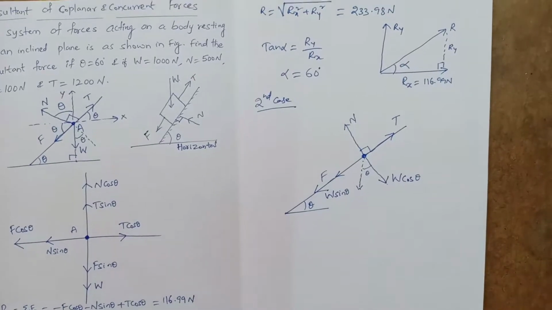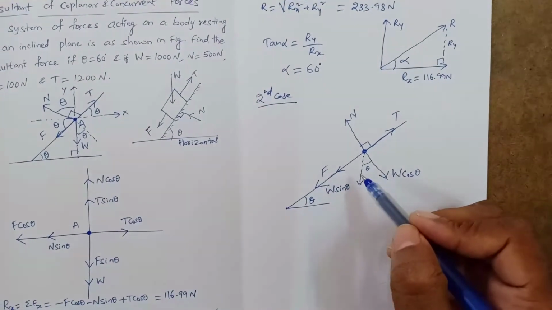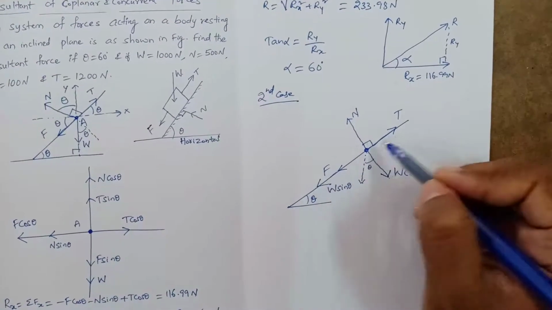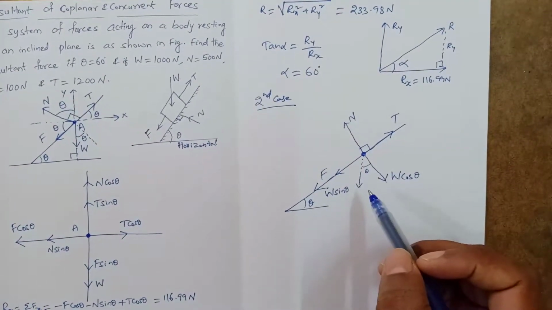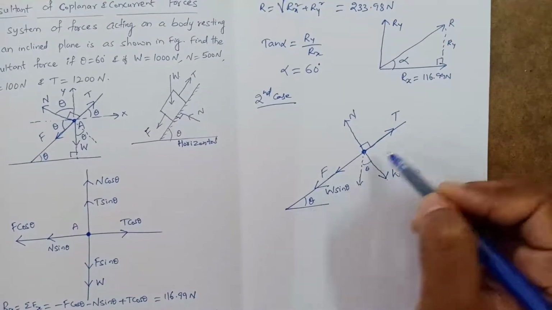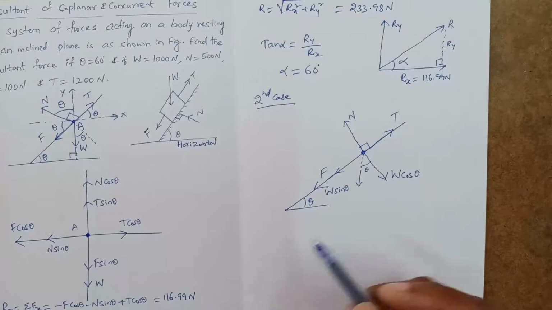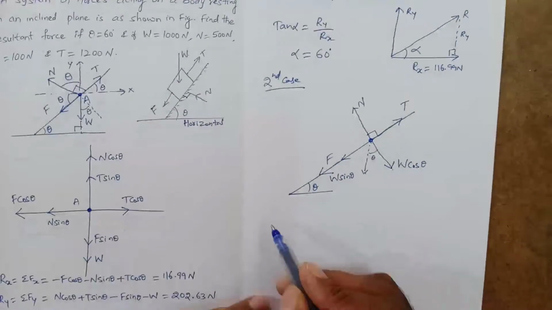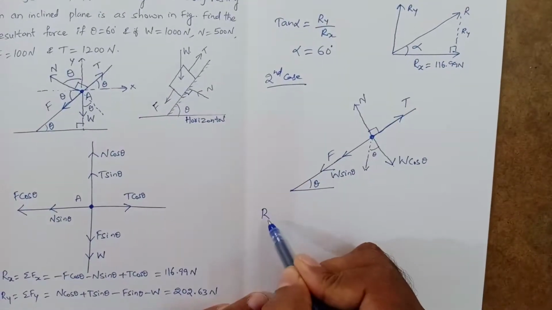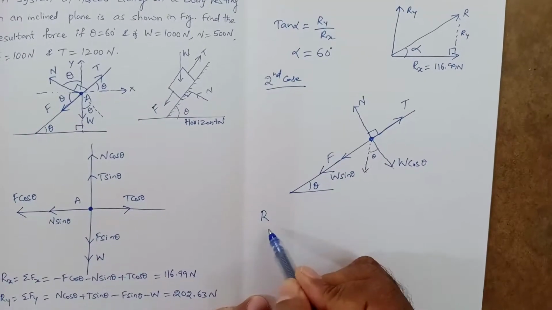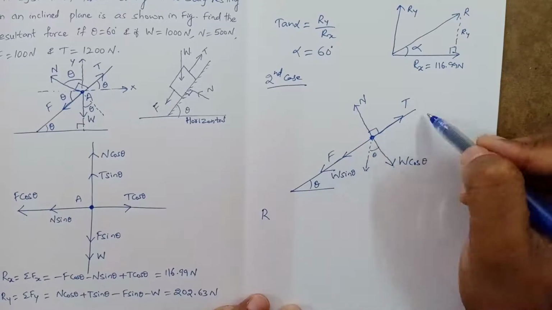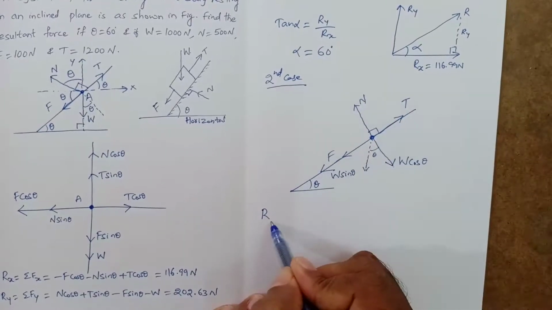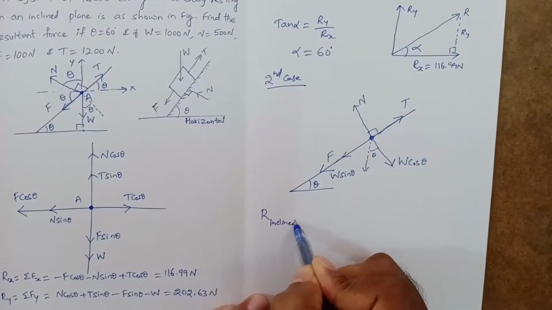See, now we have resolved all the forces along the inclined plane and normal to the inclined plane. In this case only W is inclined, making an angle with respect to the inclined plane and normal to the inclined plane. So now we'll take R. Instead of saying Rx, it is R along the inclined plane, because now we are resolving all the forces along the inclined plane and normal to the inclined plane. So this is R along the inclined plane,